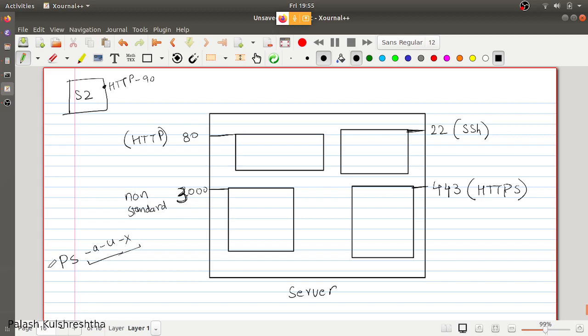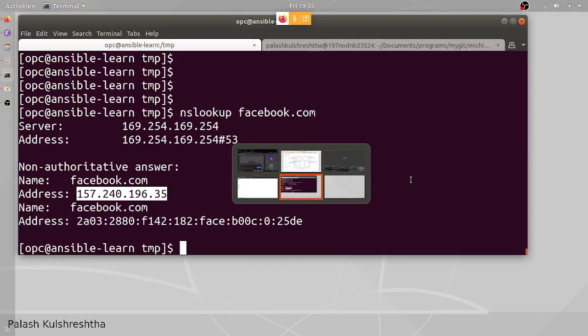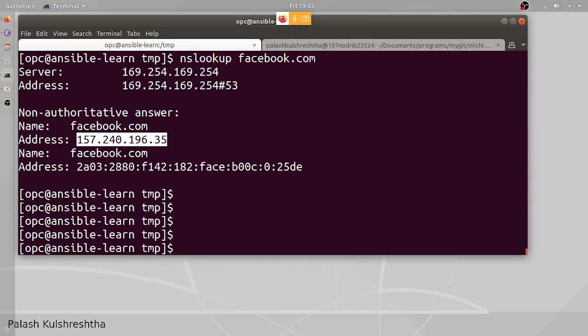But how do we know on what ports our server is listening, and what are the applications that are running on these ports? What is the way to debug it? What is the way to know this information? This information is found out using the netstat command.